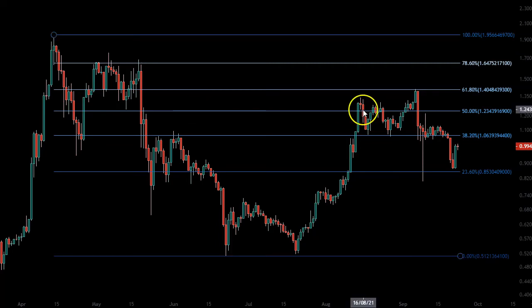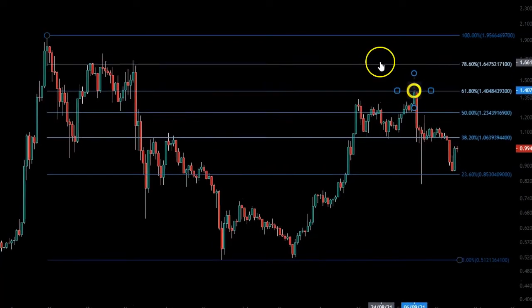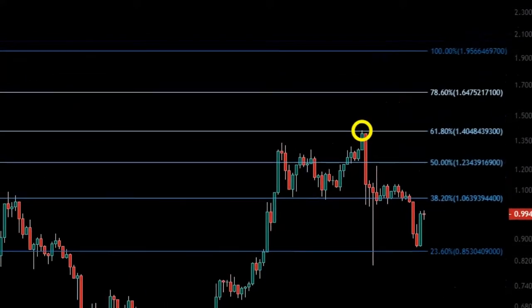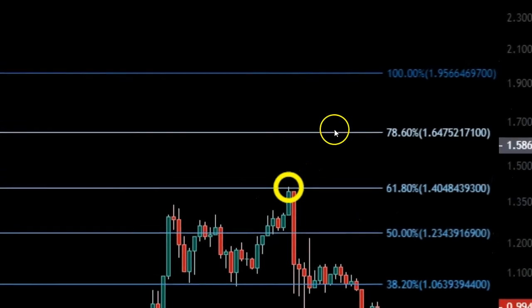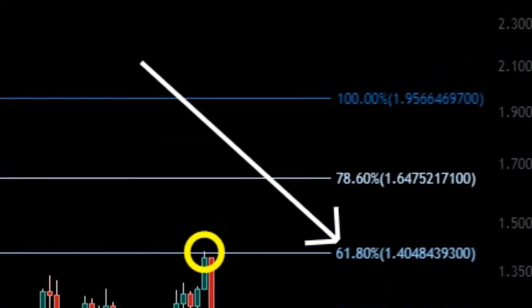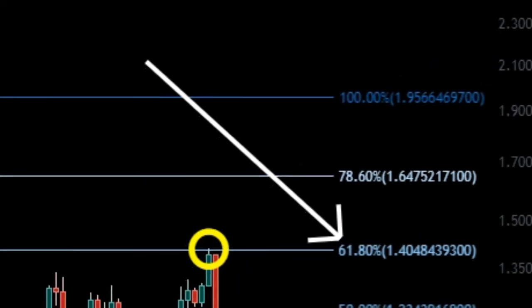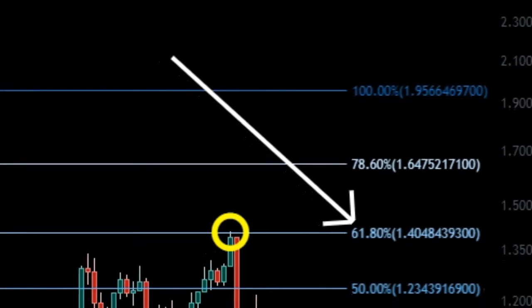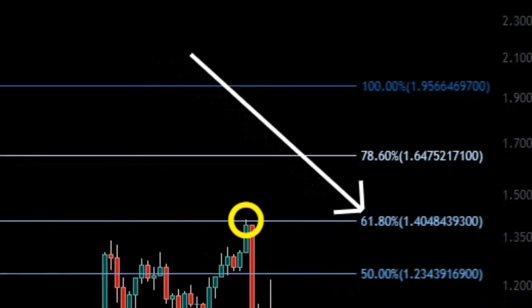Please take a look at this level, exactly this pinpoint. What happened here? We are heavily rejected. Why is that? Am I seeing what you are seeing? Or are you seeing what I'm seeing? 61.8% retracement. If you ask me, the most important line of resistance on this chart,